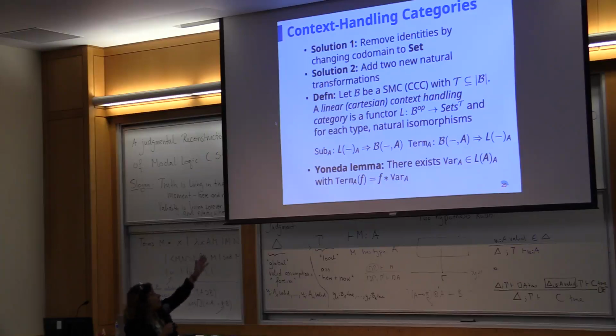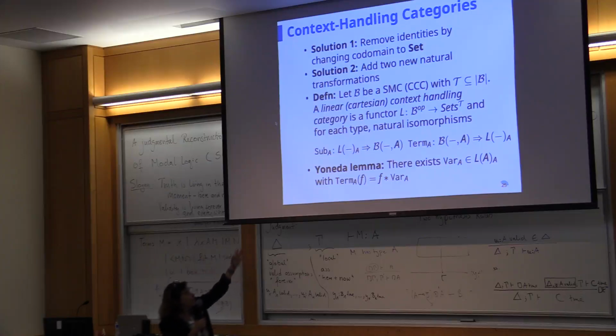And sorry, this definition is me trying to be too clever by half and doing both the linear and the Cartesian side by side. So the linear, you have a functor L from P op, P is the base again, into Set, and we have to have this natural isomorphism between terms and substitutions. And the Cartesian is just where you read,